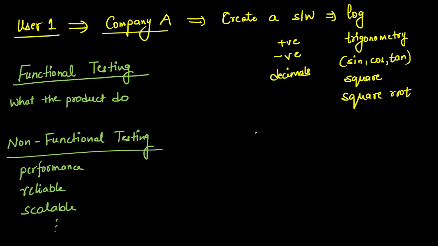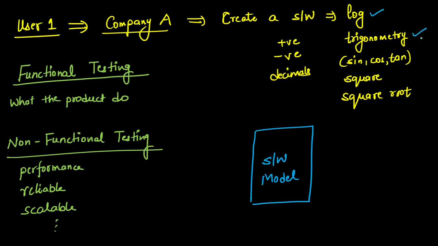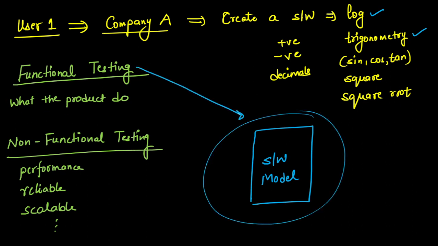No. Obviously first you should have a software with you, है ना? पहले आपके पास एक model होना चाहिए, software बोलो या पहले उसको हम model बोल देते हैं, ठीक है? मतलब आपके पास कुछ होना चाहिए, you should have something in your hand that should be able to perform log functions, trigonometry, कुछ भी, maybe let's say about log and trigonometry only, ठीक है? Then only you can perform testing. पहले तो आपको एक software create करना पड़ेगा जिसको आप check करोगे, जिस पर आप functional testing perform करोगे कि whether your product is doing all these things or not. So functional testing is what the product does.